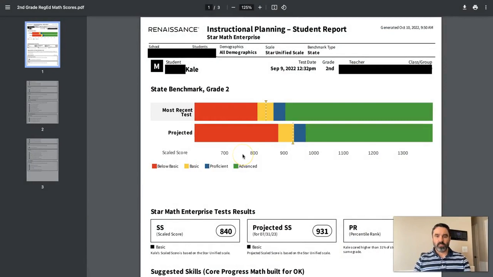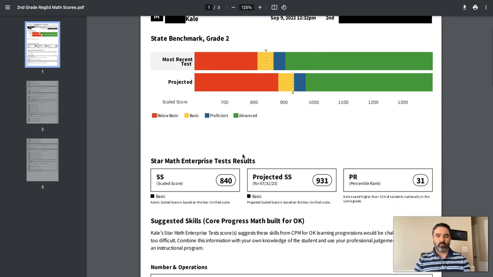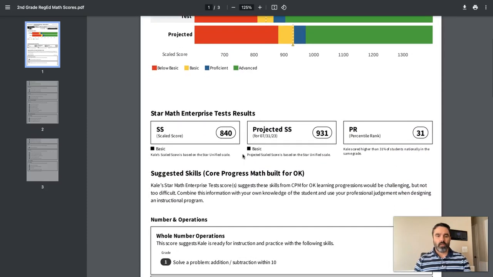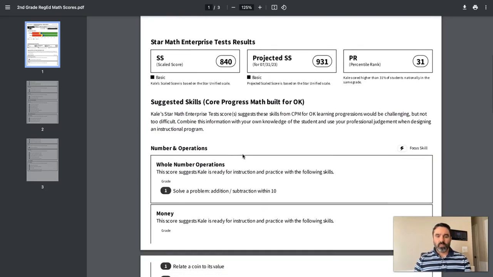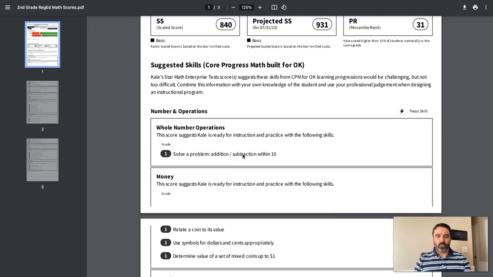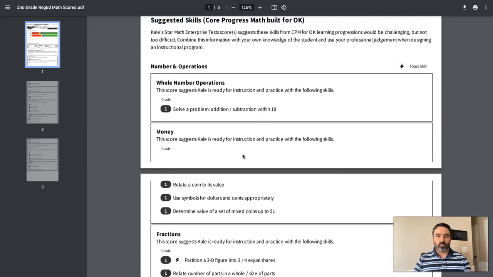So this is the STAR test that Kale took that showed where he was in relationship to the standards and where he was in relationship to other students throughout the country. Some of the things that it identified that he needed to work on and become a little bit more proficient at